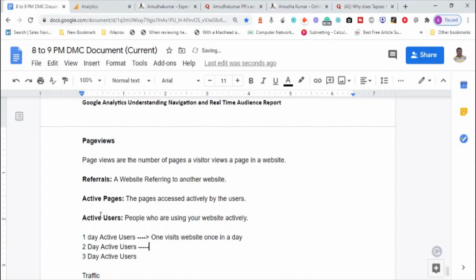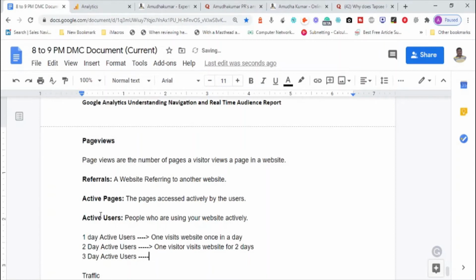And a 2 day active user is like one visitor who visits the website for 2 days, continuously, or like 2 days means, okay, so 2 day active users, for website for 2 days.